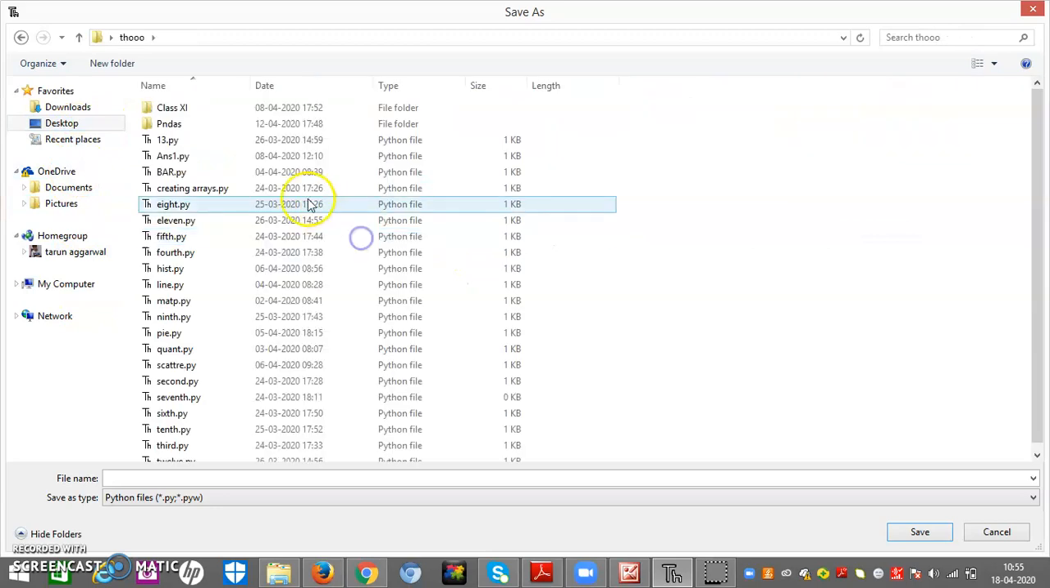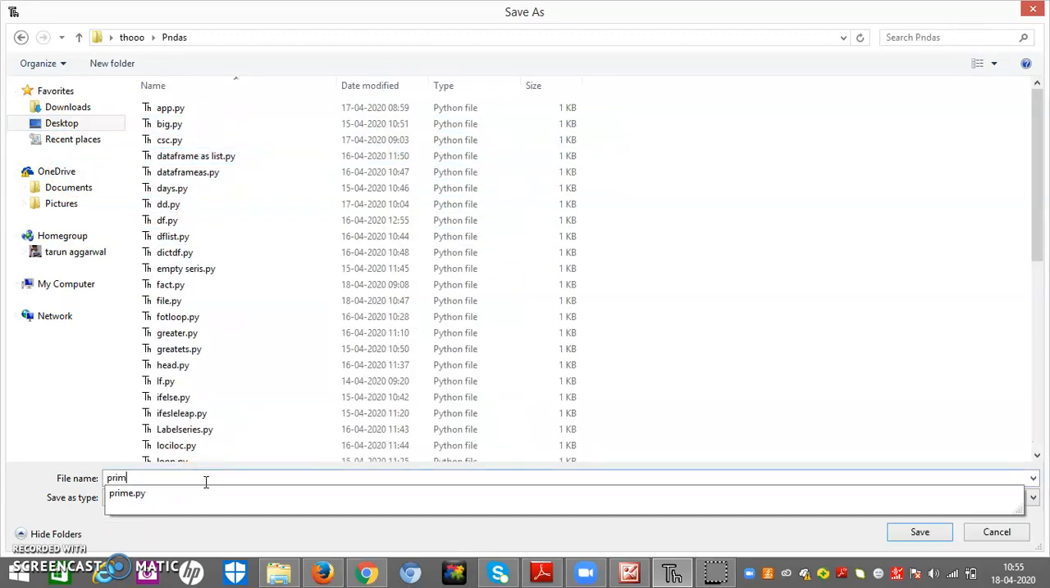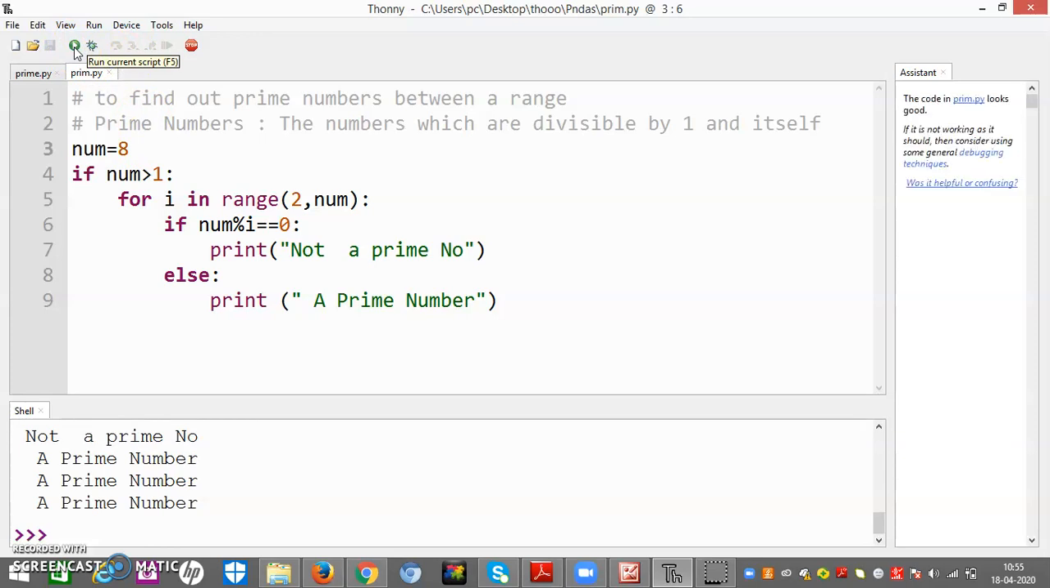I will save it to where I am saving all the programs and name it as prime. A is a prime number, right? Now if I change this to 8, I know 8 is not a prime number. Look, not a prime number, else A is a prime number. Every time A will run. Now I will come out of it